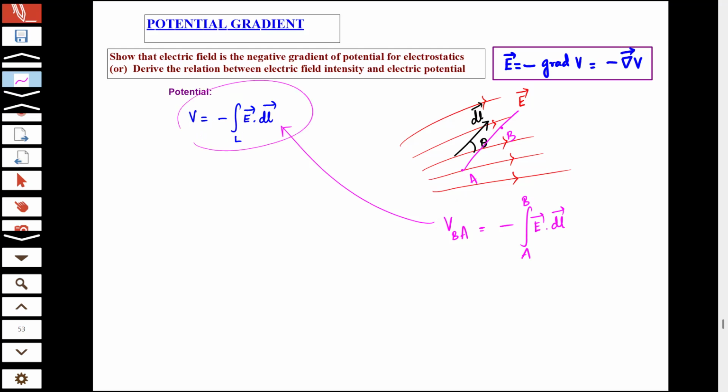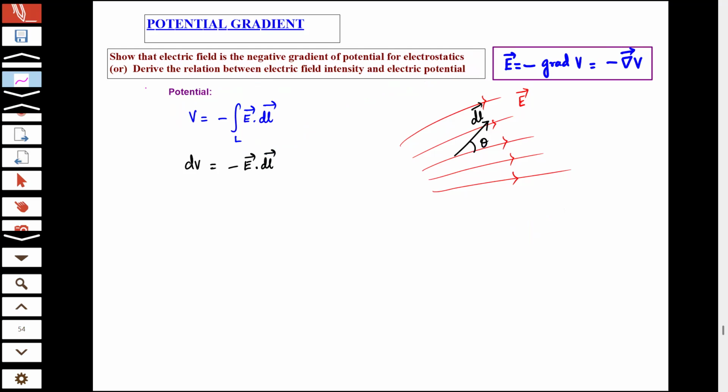Now from this expression, we are going to arrive at the relation which is shown here, that is electric field intensity is negative potential gradient. This relation is true for electrostatics, meaning static electric fields. So we can write the differential form of this equation by differentiating. Differentiation of the left hand side will give dV, and the right hand side has an integral. If we differentiate that, the integral will be cancelled out, which will give the differential potential dV equals